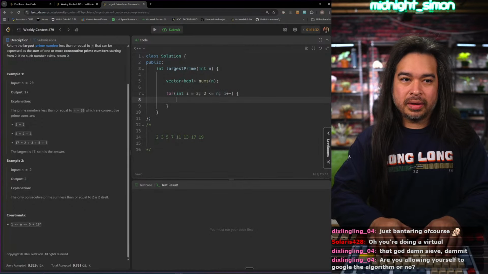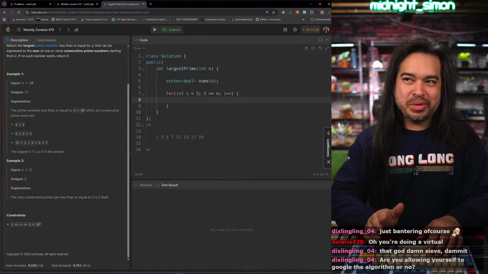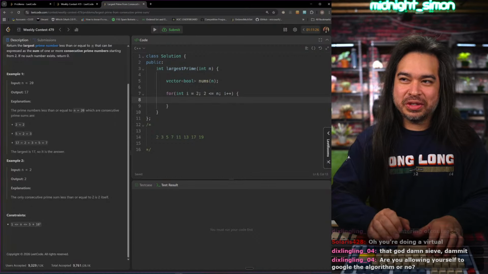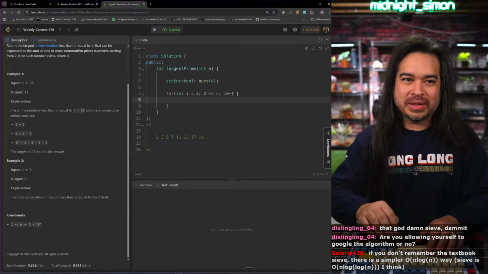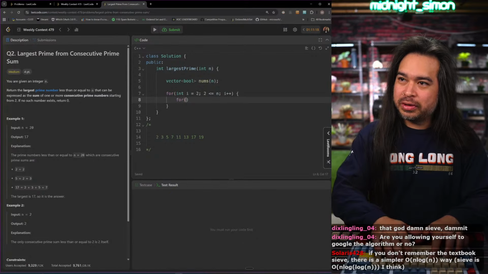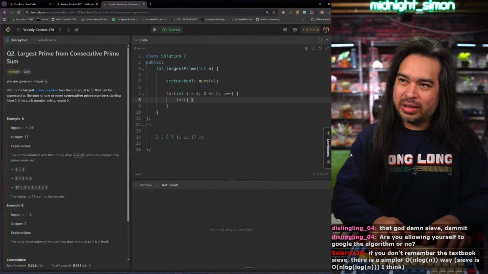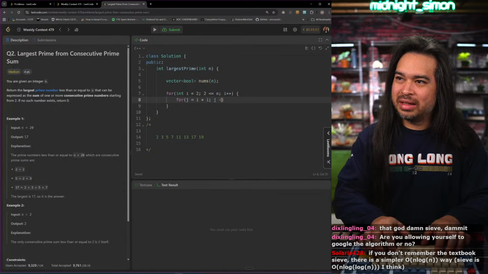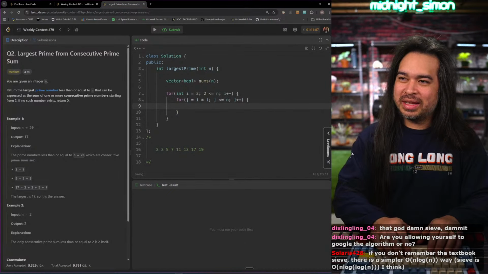Are you allowing yourself to Google the algorithm or no? I mean, it would be pretty easy if I just Googled it, but I like to try to derive it myself. I know it's like a double for loop, or you go i equals that, j equals i times i. I don't know what that goes up to. Something like this, and then